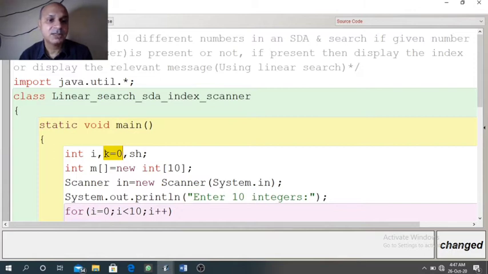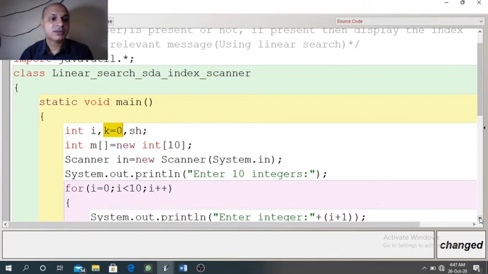When the value of k is initialized with 0, we suppose that the given element is not present in the array. When it will be present in the array, then we will update the value of k from 0 to 1. So we will have either of the two values of k, 0 or 1. When 0 it means element is not present. When 1 it means the given search item is present.